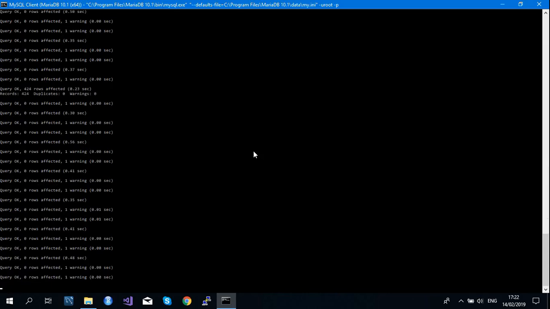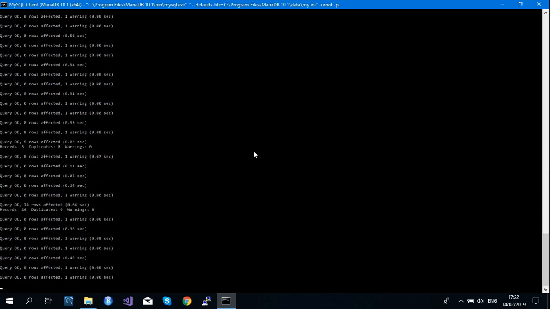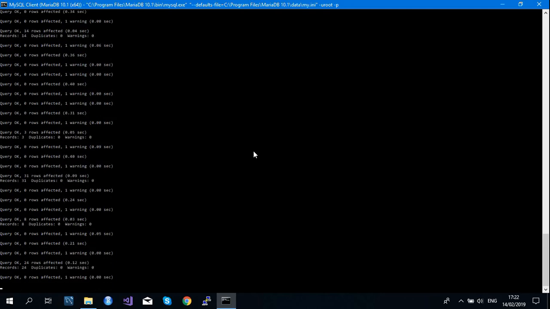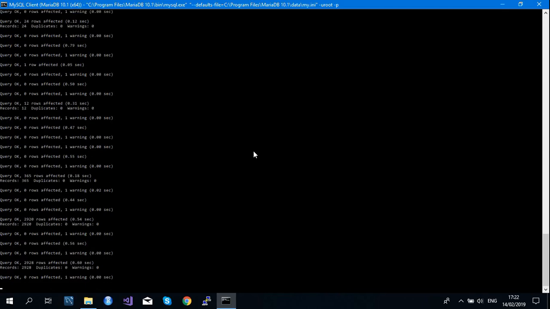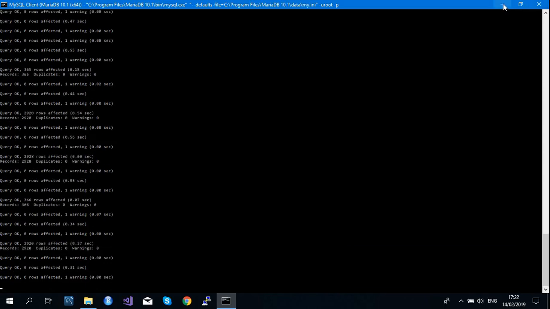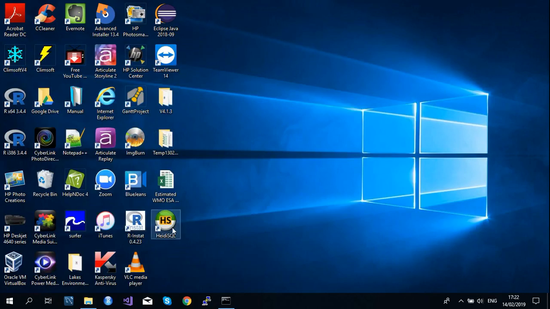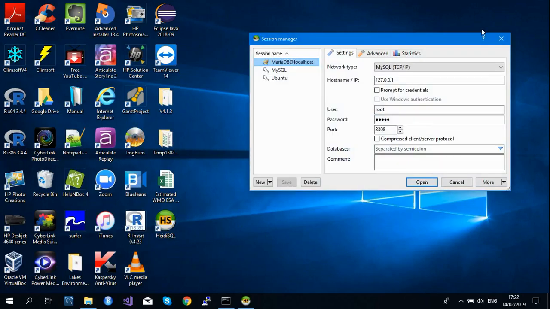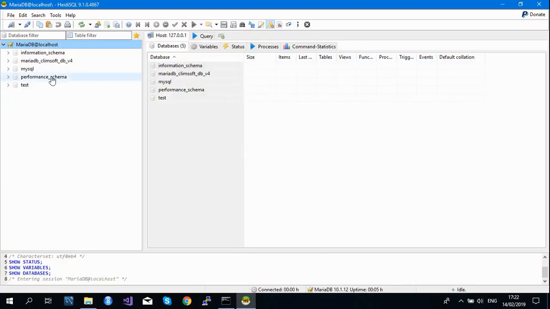Remember, as I've said, it will create 2 databases in our database administration tool, which is HeidiSQL. This one. If you double click here and click open, you see that it has added one here.